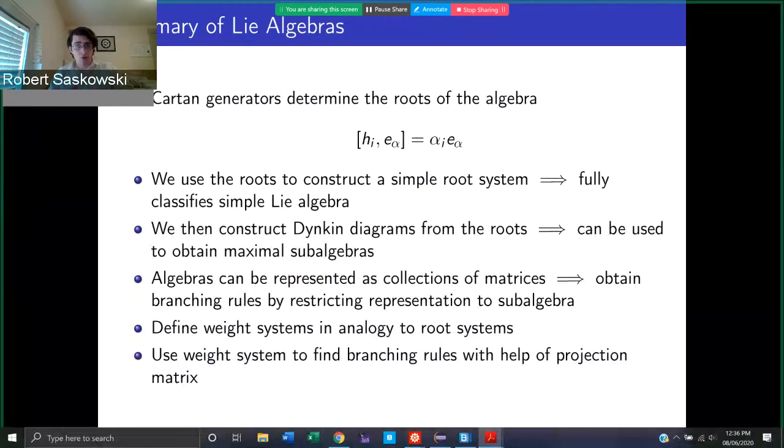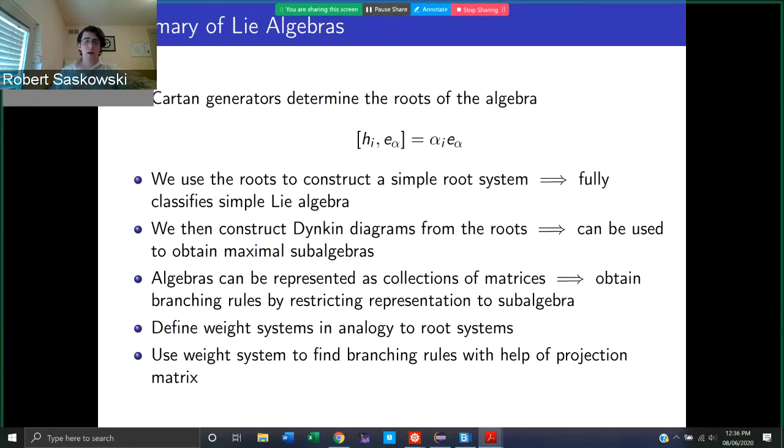So, to summarize what we've talked about with Lie algebras, we first began by taking the Cartan generators and using those to determine the roots, as well as the Cartan-Weyl basis. And then once we had the roots, we used those to construct a simple root system, and this fully classifies the simple Lie algebra. Then we did Dynkin diagrams from the roots, and these can be used to obtain maximal